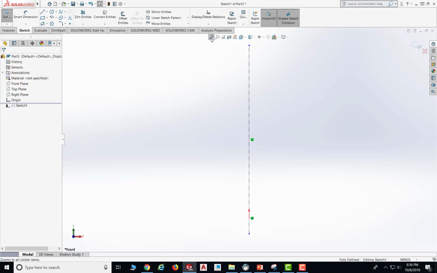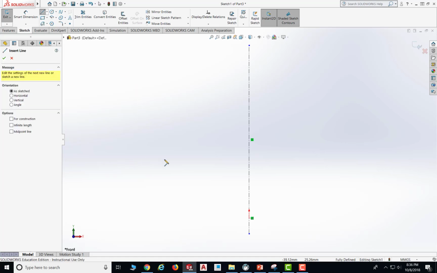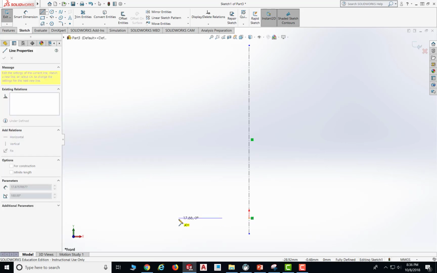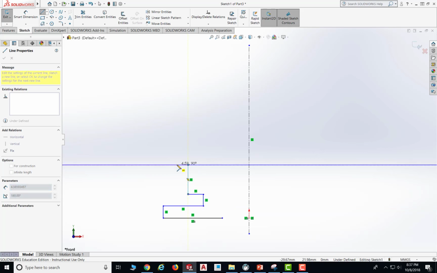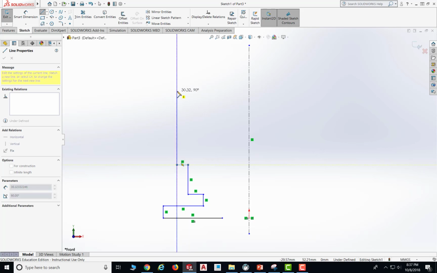Then I'm going to fit to the screen. Okay, fit to the screen. Then I am going to draw the contour of that part. So first of all, make sure it's lined up at the center line. So I am drawing contours like this, and you could also look at your part and draw similar contours here, and make sure the horizontal relations show up, so you don't have to manually add them in the future. So just draw the contours,